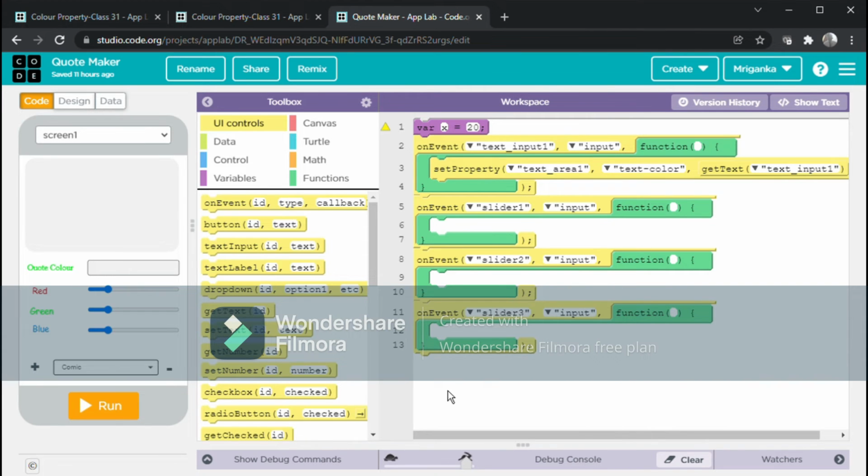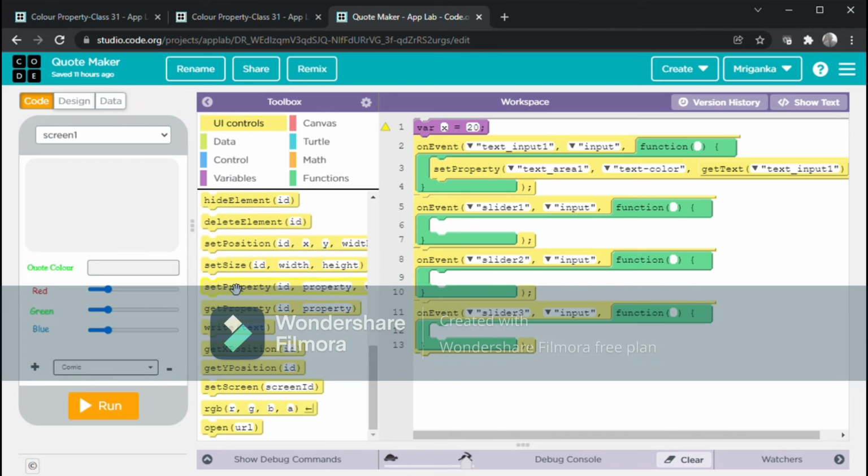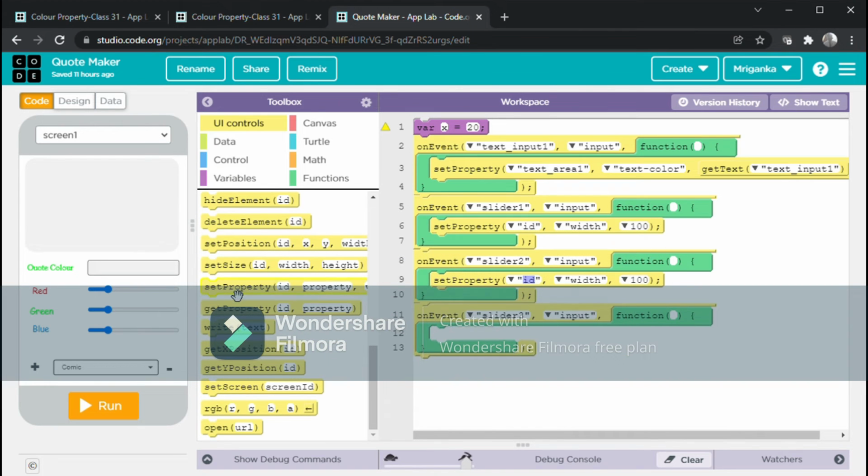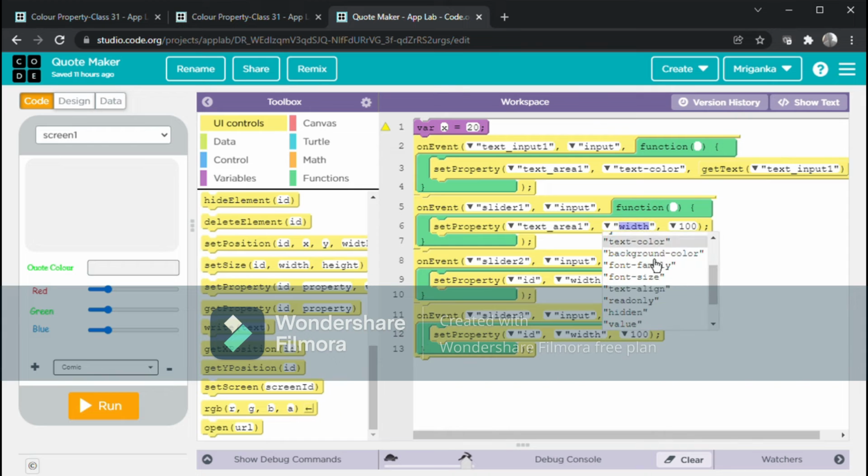So, firstly, on event, slider 1 input, set property, always. So now the ID will be obviously text area 1,